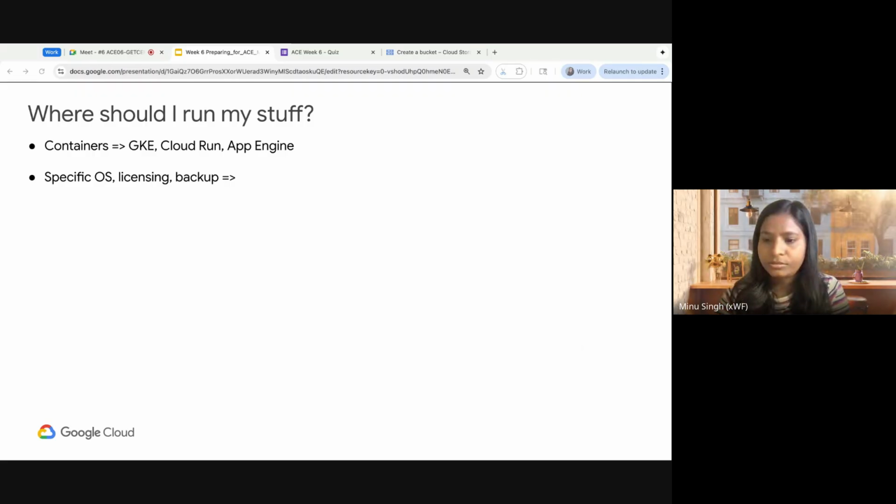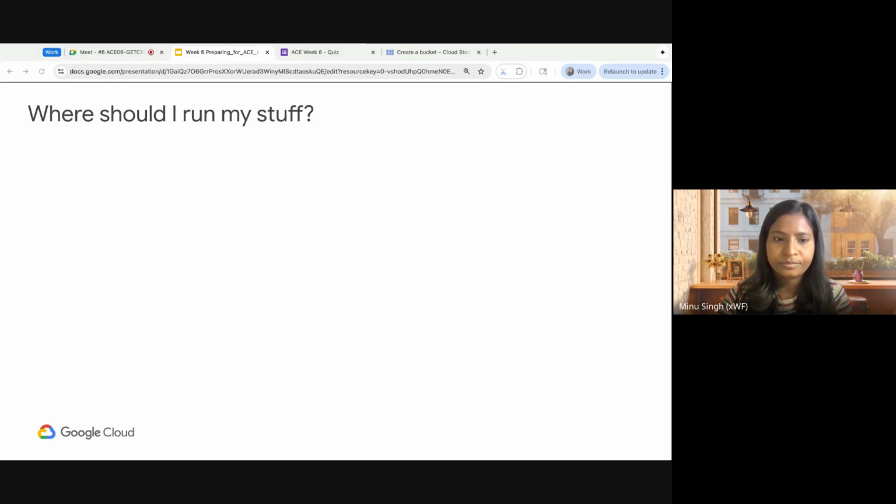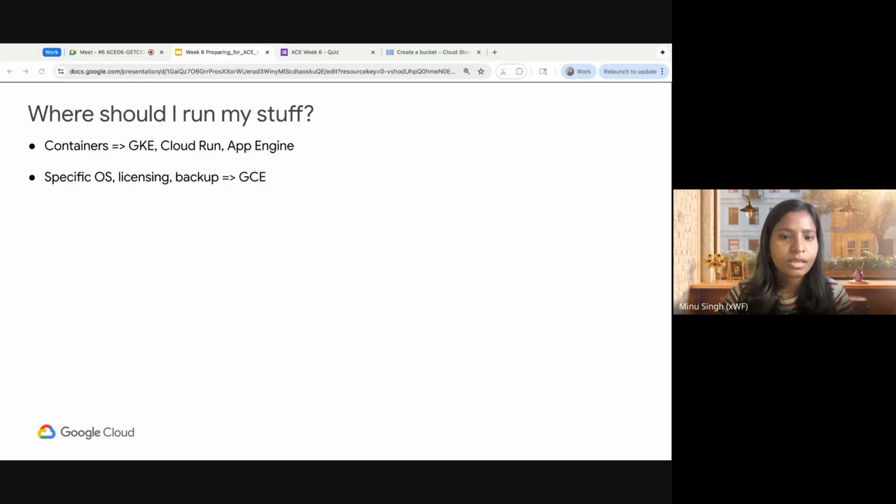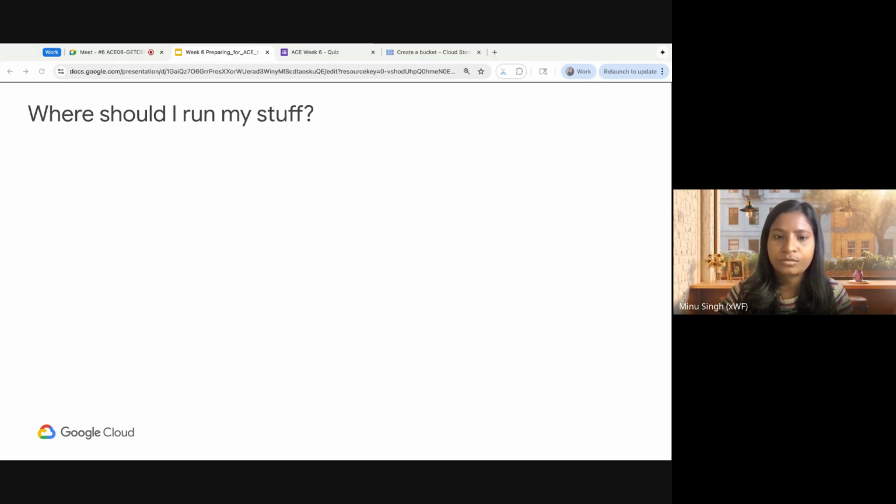Compute engine. MIG, yes, MIG is part of the Compute Engine service. So here we are talking about service name. Okay. So everyone with me, Compute Engine, perfect. Next is